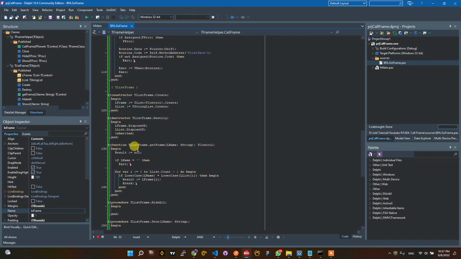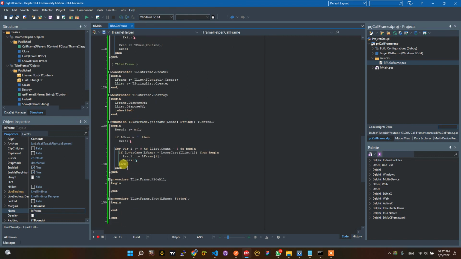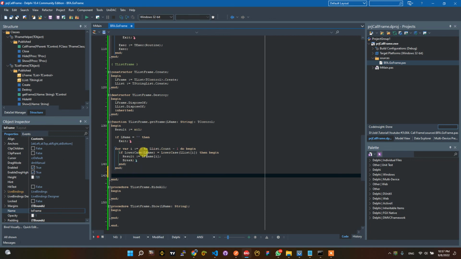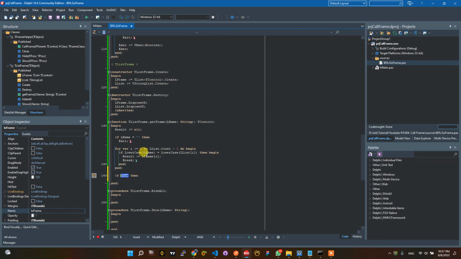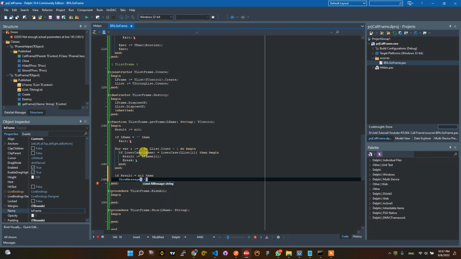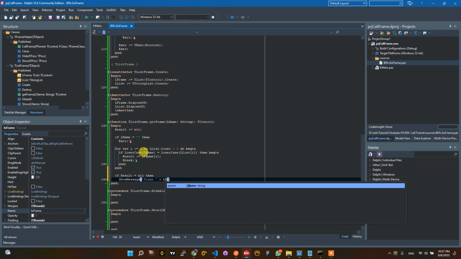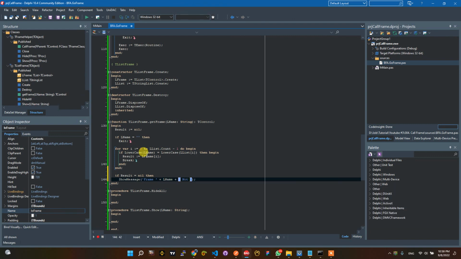So and okay, and at the end, we can add this new, so message here is frame and lname, it's not font. Okay,